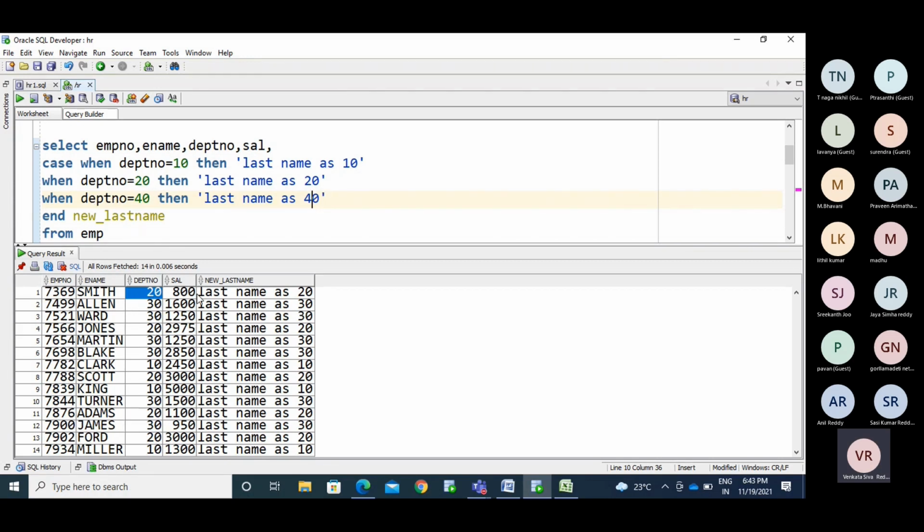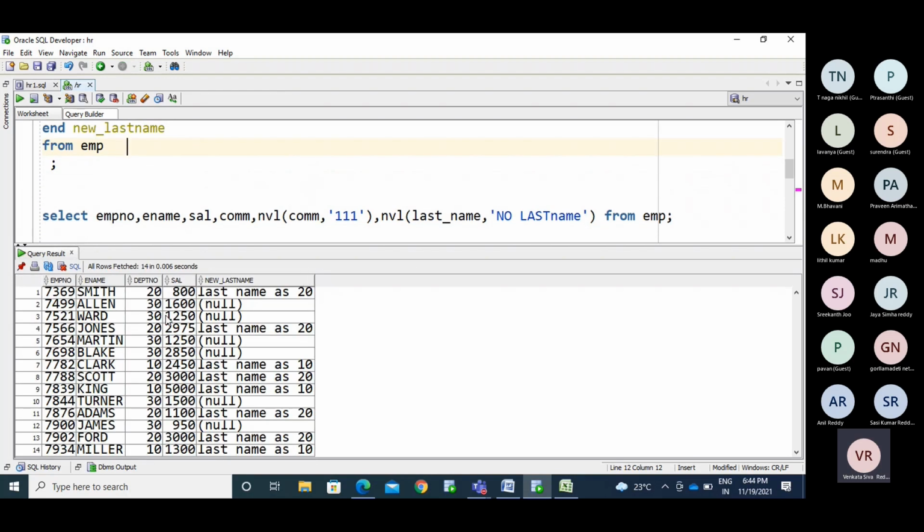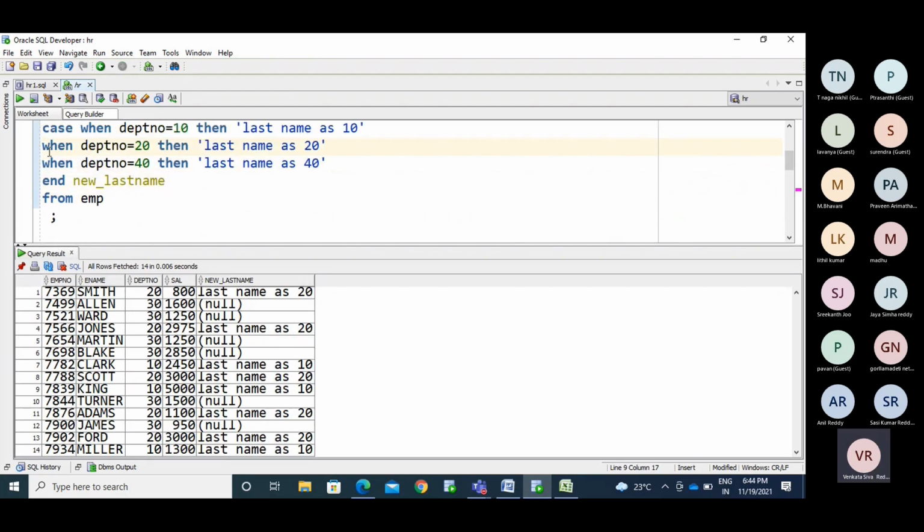So for this it won't display any value. For the employee related to 30, it displays the null value, because you haven't mentioned the 30 condition here.